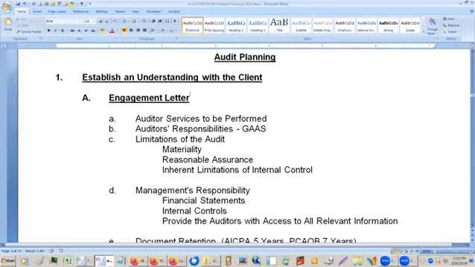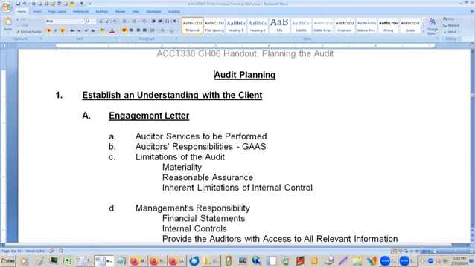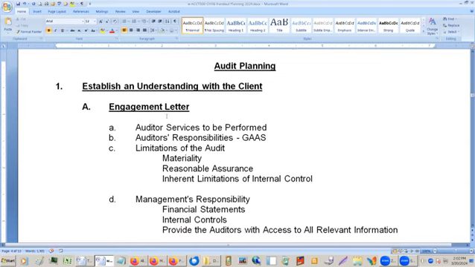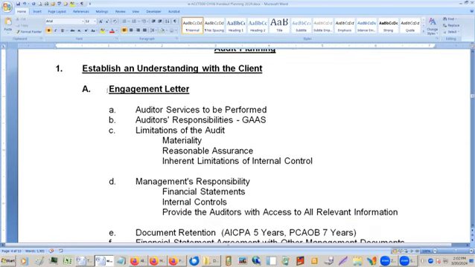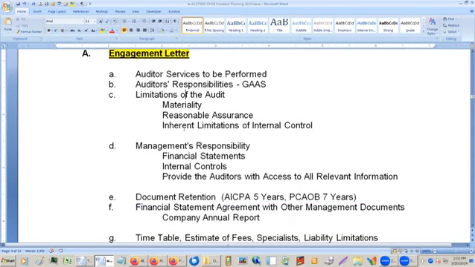So starting with this one, the audit planning part, we have the client, we decided we're going to take the client on, and at least preliminarily they say yes. And generally you lay out how the audit's going to work in an engagement letter. And the engagement letter, you can read through here. Some of these are stuff we've already talked about, but you basically are trying to let the client know exactly what an audit is.